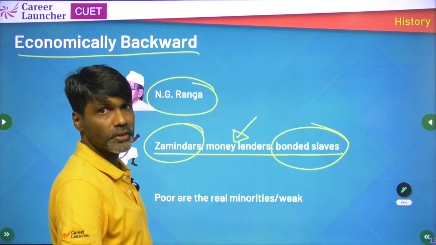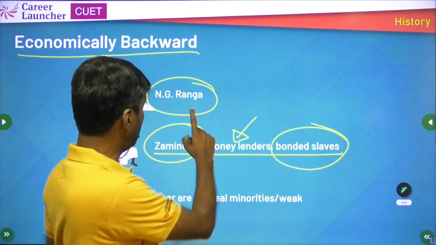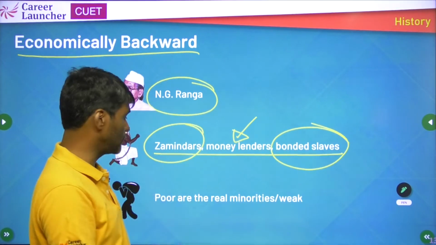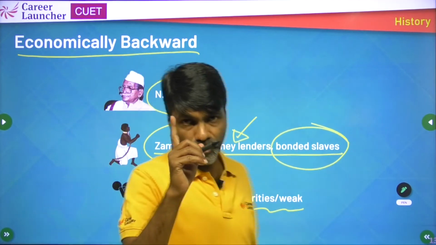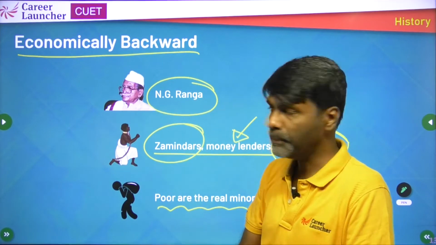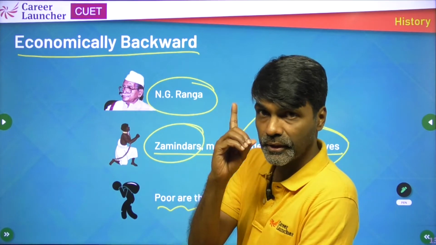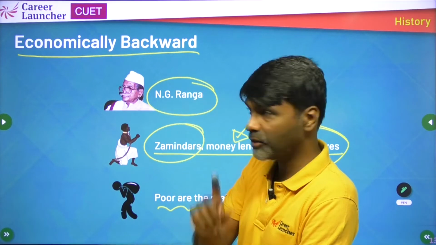All of these reforms happened due to efforts in the constitution framing and led by many people, including Professor Injiranga. And as I said, this is what he said: the real minority are the weak and the poor. Okay, so we've covered the religious group, separate electorate as one segment. We've covered the